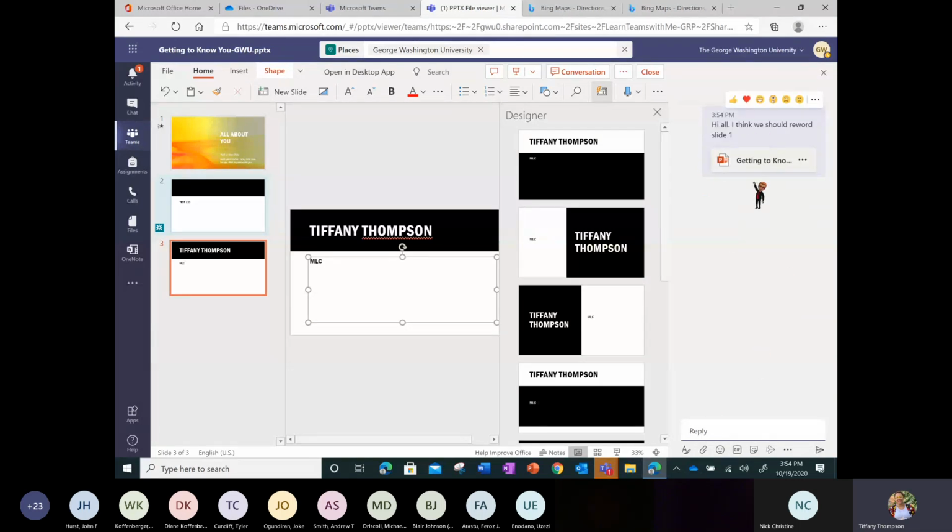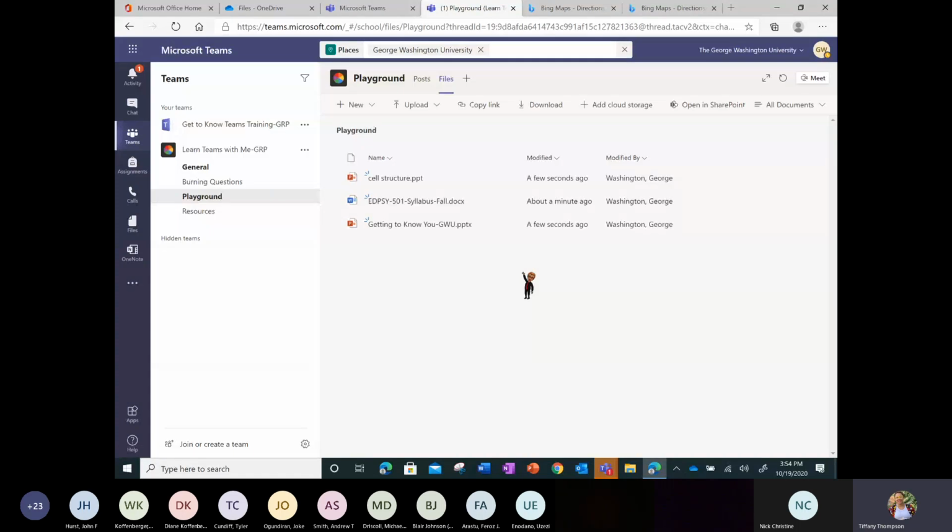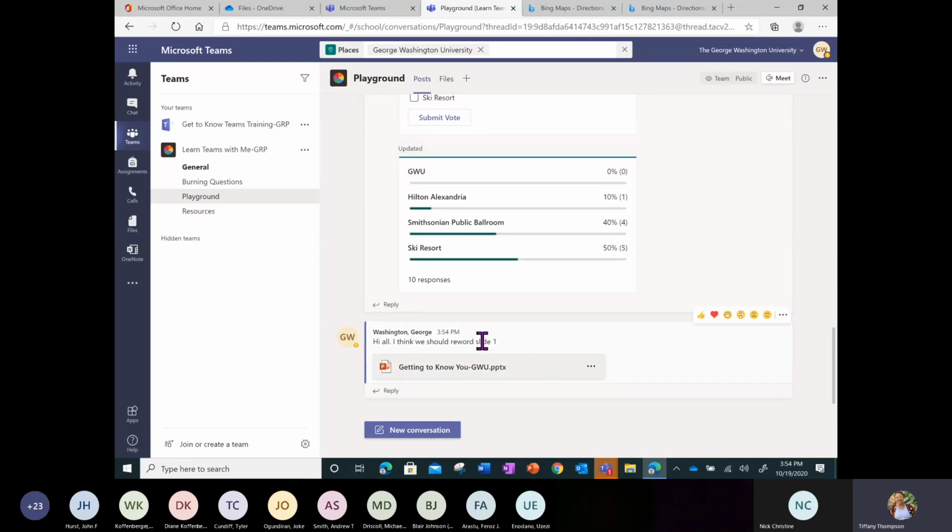It will show this file here in the conversation, as well as my post, and then any conversation the rest of us have decided to have. Even if I close out of that file and I go back to the post tab, I can see the conversation that was started here, and others can see it and reply to it as well.